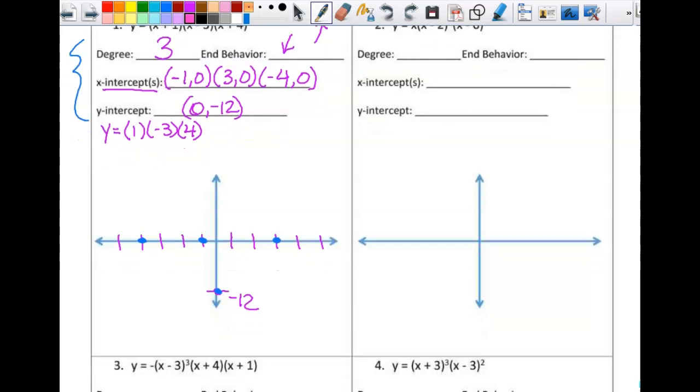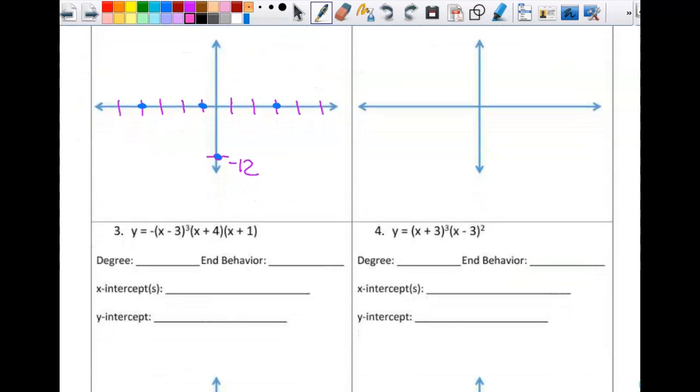So I know my end behavior is down up, so I'm going to start down here. I'm going to go up through this one, back down through this one. I have to hit my y-intercept and go back up. I have no idea how far to go up here because remember, my maximum is not something I can find,